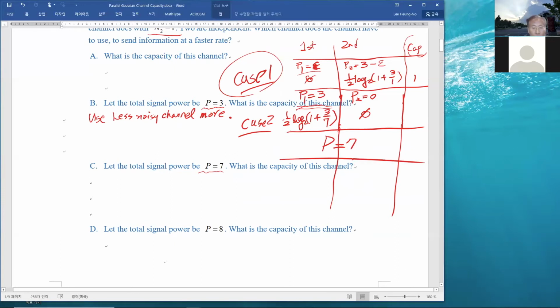And here I give all the power again to the second channel. So P2 is 7 and P1 is 0. In this case, what is the capacity? That is log 2 of, let's just forget about the half for a while, because that is not the determining factor. Half is not the determining factor, which one is greater. So that is 1 plus 7, which is 8, so log 2 of 8 is 3, well, 3 over 2 in terms of capacity, right? So that is the case, but